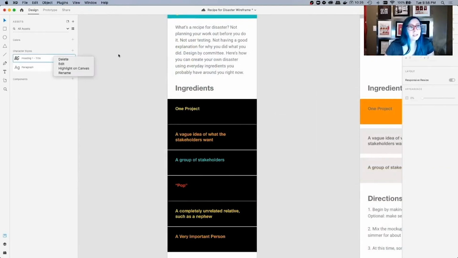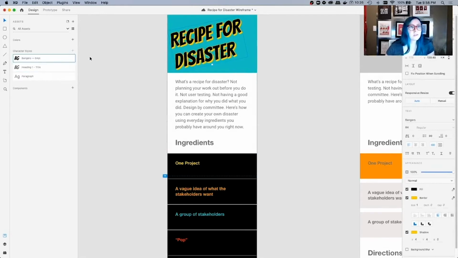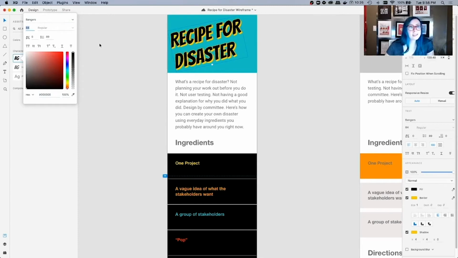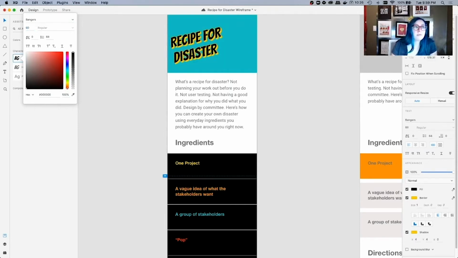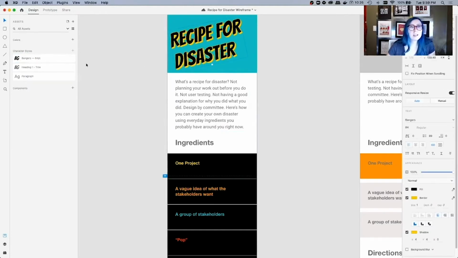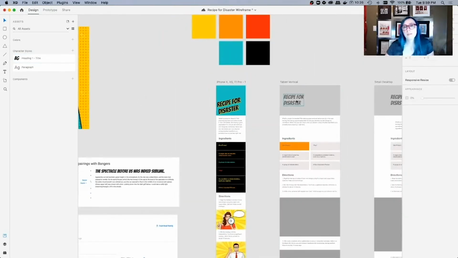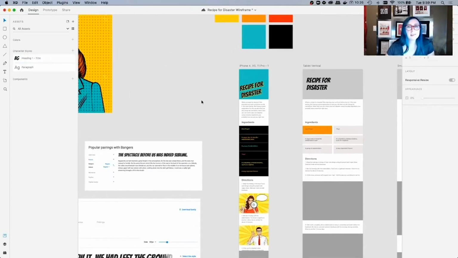And you know, we don't have a duplicate here. But what I could do is highlight this and do a plus, and I would have a new one for 84 point. Edit this, and let's say that I want this to be an H2. Let's think about what an H2 might look like on a page. I'm going to try 60 point font and see what that looks like. Oh, look at that. You know what I need to do? I changed my font size and my style, so actually I want this to be heading 1, title. I'm going to get rid of this because it's not what I wanted anymore. I'm just going to hop over and apply these as well.